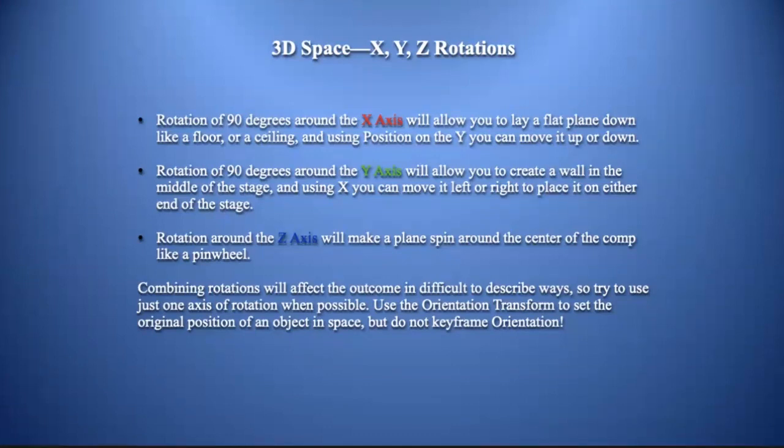Now you can put more than one rotation on an object. You can rotate things on all of the different coordinates, but I would suggest you do each coordinate separately first, and then you can fine tune it. But it's hard to describe it, hard to understand it if you try to change all the numbers at the same time. So do one at a time,